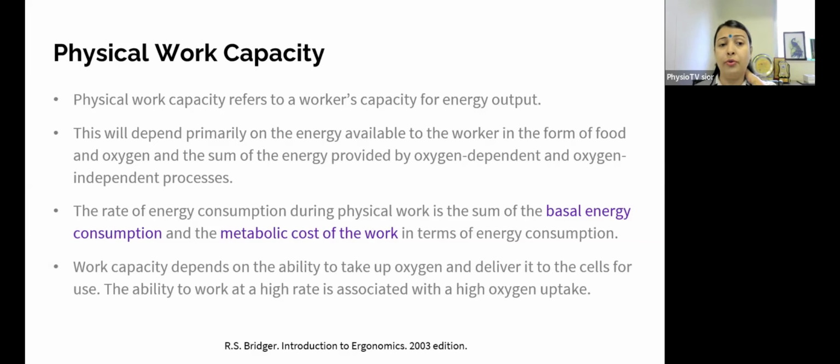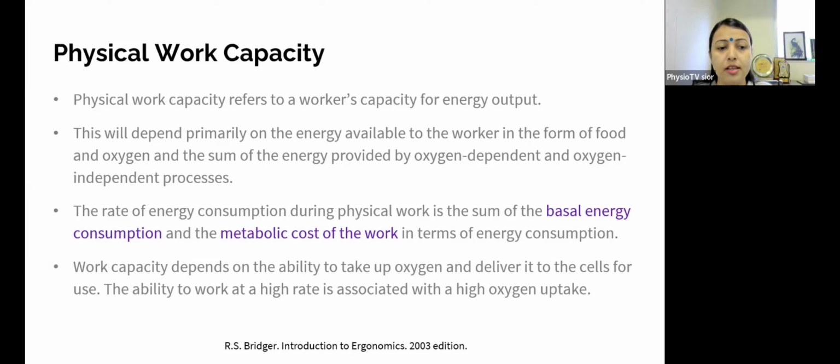So we know about the aerobic and the anaerobic systems in the body. Obviously, this energy availability is primarily going to depend on the availability of the energy sources and also the energy output. And the rate of energy consumption during physical work is the sum of the basal energy consumption and the metabolic cost of the work in terms of energy consumption. So it is the basal energy as well as the additional energy which is required to do daily routine